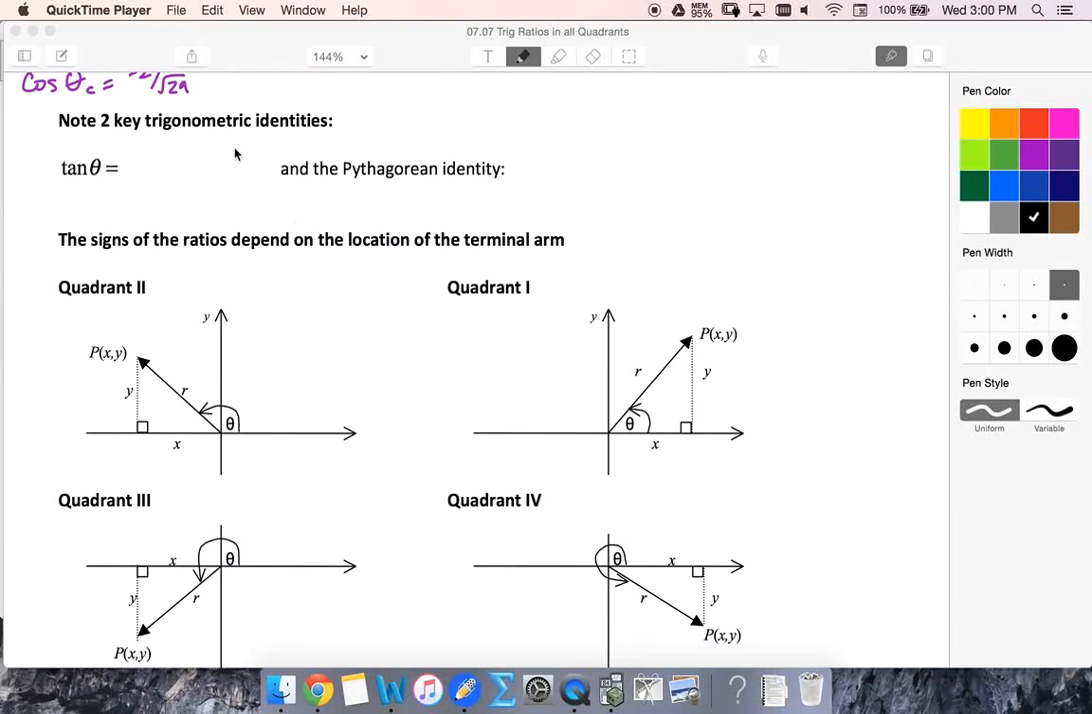This key identity we've actually talked about. So tan theta is sine theta over cosine theta. And the Pythagorean identity, well,